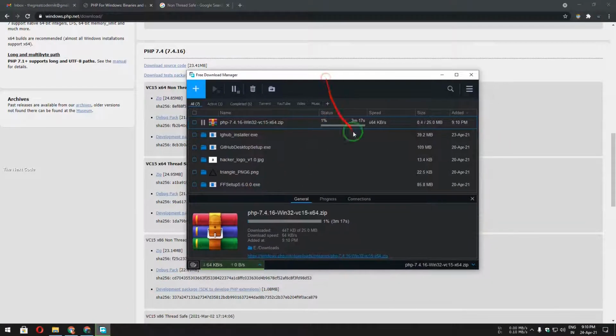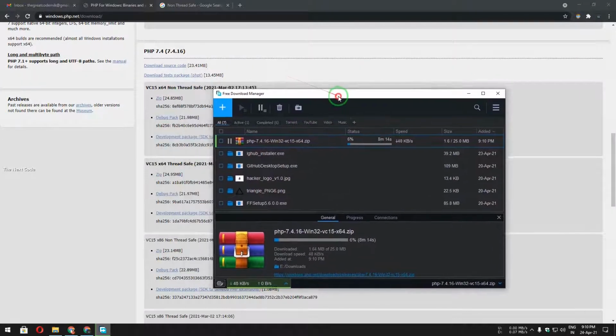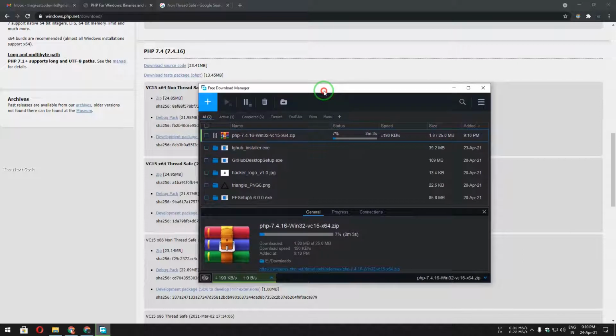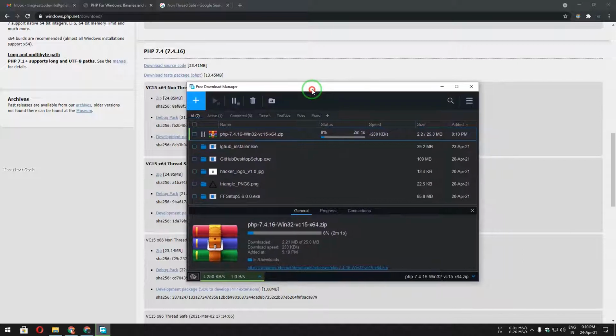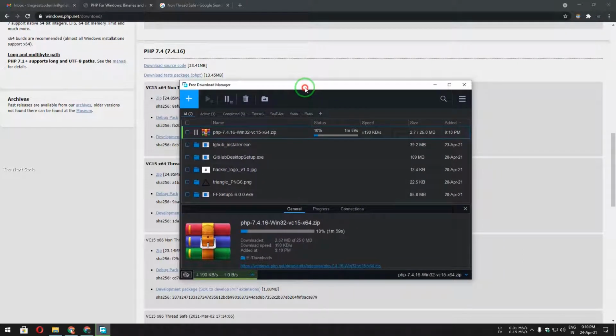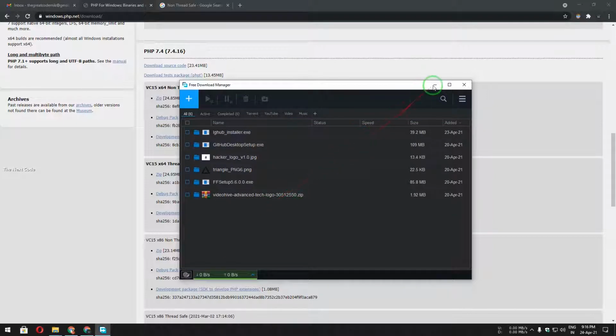Here you can see the speed is better than normal browser speed. I'll just jump to the after-download-done section. No worries. So yeah guys, the download has been completed.